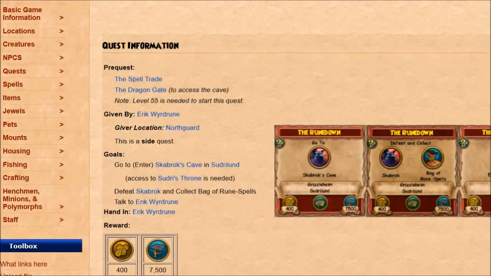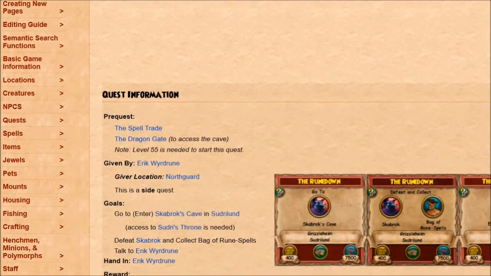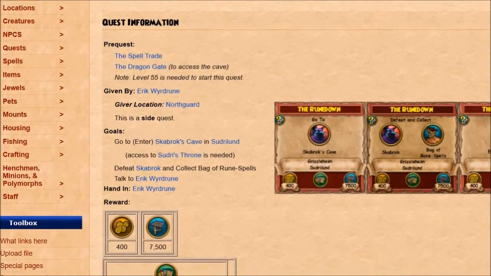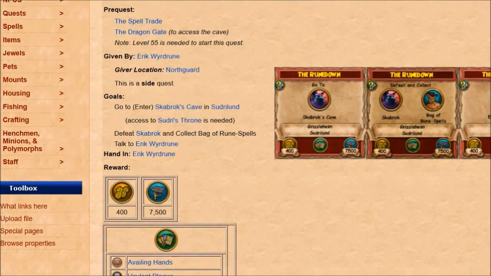miss certain spells. And the same thing is true for dungeons. For access to certain dungeons, if you find that there are spells you don't have, certain dungeon access that you don't have, just go to the wiki and look up what you might be missing. So the wiki is a really good source of information because players might not remember exactly when and where they